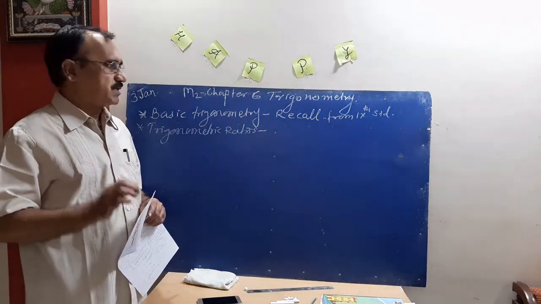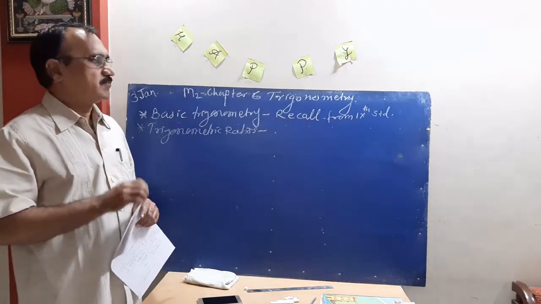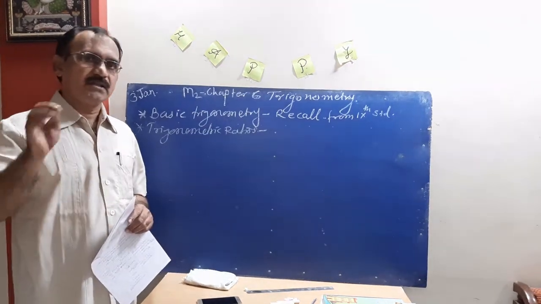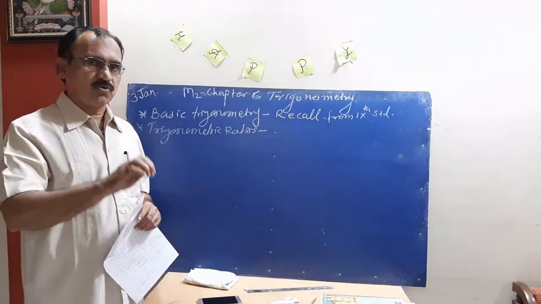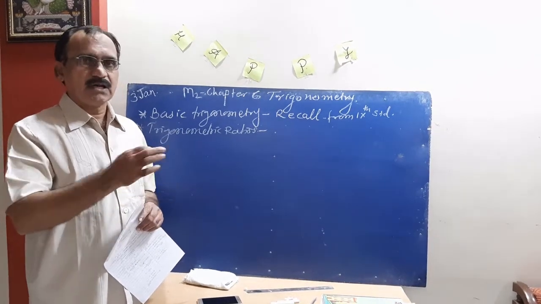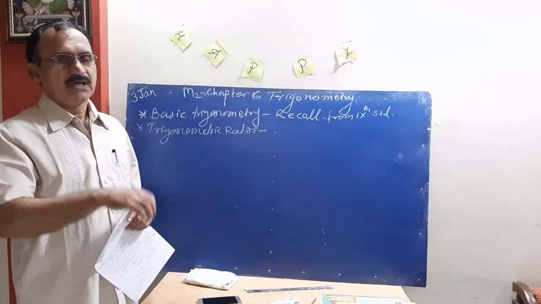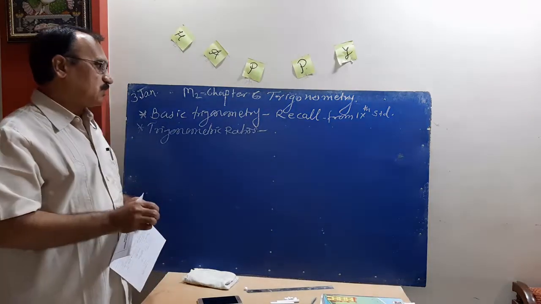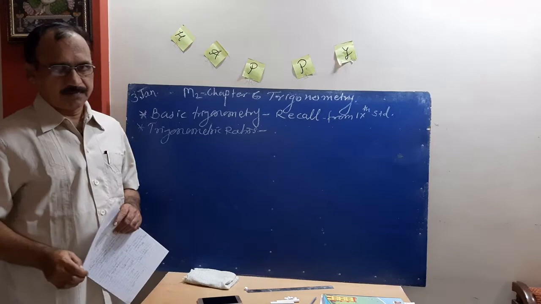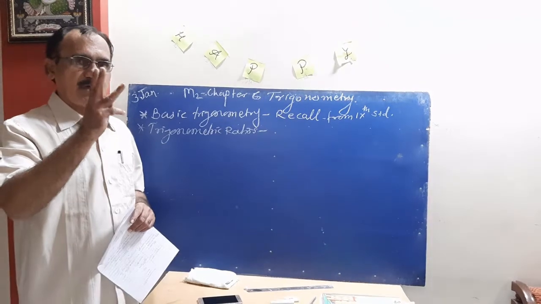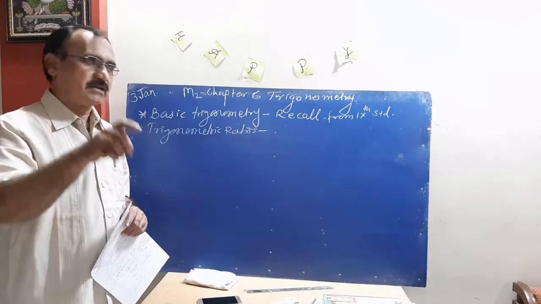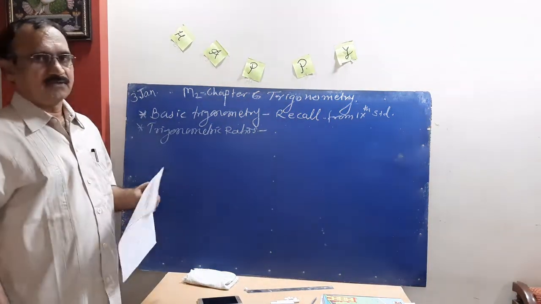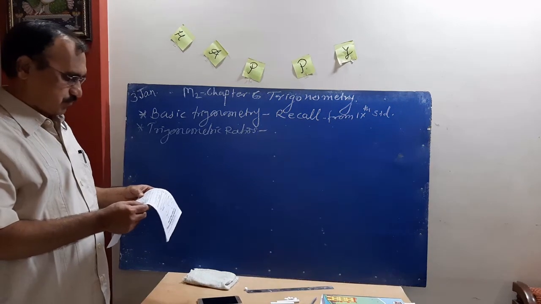Now here we are going to see what about trigonometry. Some basic part of trigonometry you have already seen in 9th standard, and that's why first you will see the textbook of 9th standard about trigonometry. There are some basic concepts about trigonometry, that means the uses of trigonometry. Now here we are going to see the trigonometric ratios. You know, there are 6 trigonometric ratios, but 3 trigonometric ratios are basic trigonometric ratios, and you have already seen these ratios in 9th standard. We are going to revise first these trigonometric ratios.